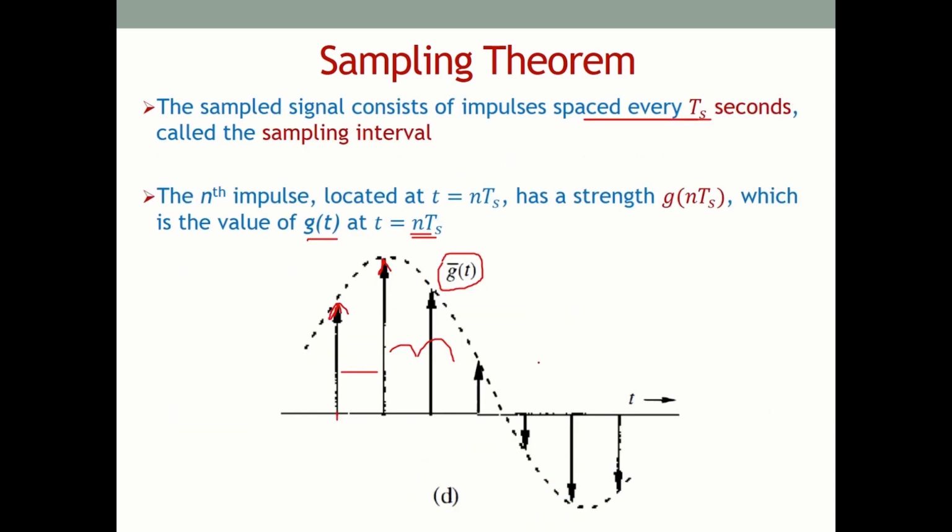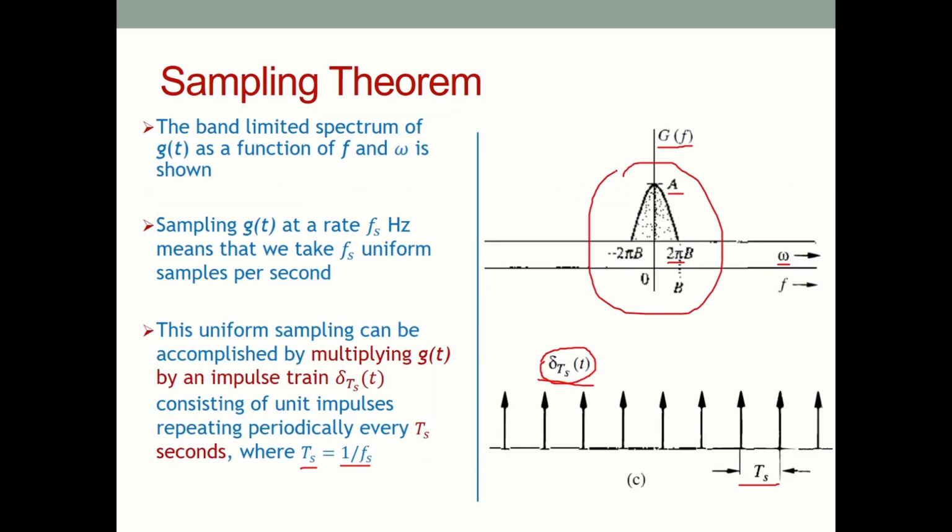So if we look at this, this is the frequency domain of g(t), and this is the time domain of delta t. We know the Fourier transform of a periodic series of impulses is also periodic impulses in the Fourier domain, in the frequency domain as well, and the frequency distance between these impulses is equal to fs. This we know from the Fourier transform. So when this signal is multiplied in time domain with g(t), the Fourier transforms of the two are convolved,